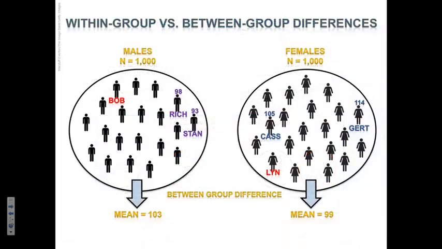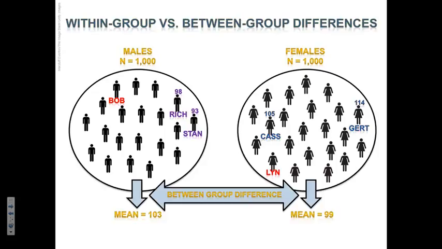But when we look at group differences, here is what we need to consider. Within group differences are not the same as between group mean differences. To understand this, you have to have a good grip on how a mean score, an average score, is constructed. Let's imagine that we were giving this test on visual and spatial tasks. On the left we have a population of 1,000 males, and on the right we have a population of 1,000 females. Down at the bottom of their circles you see their mean scores.